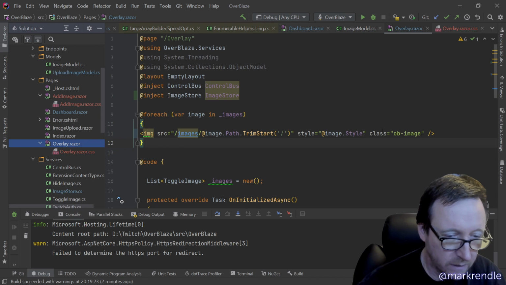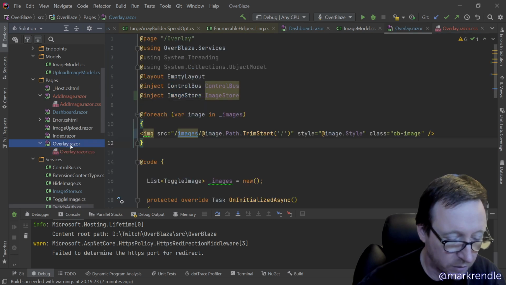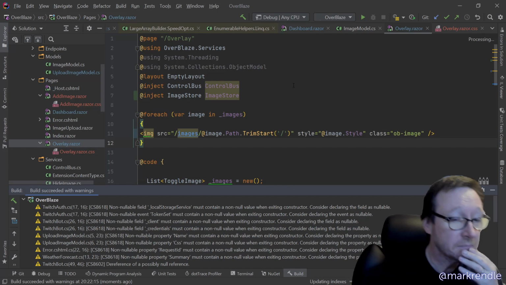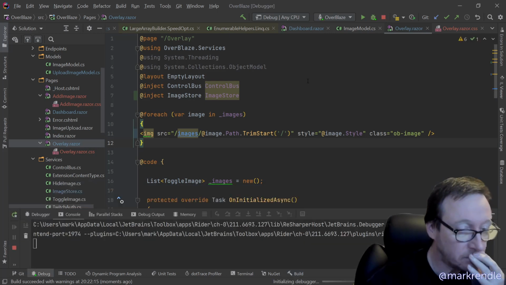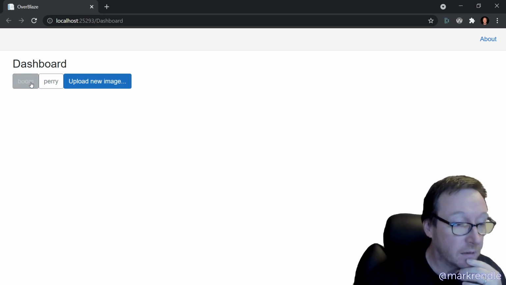So now all the images are going to do that, and the overlay is going to do that, and the body, and they should be relative to the body. And so we can go bang, and boom,